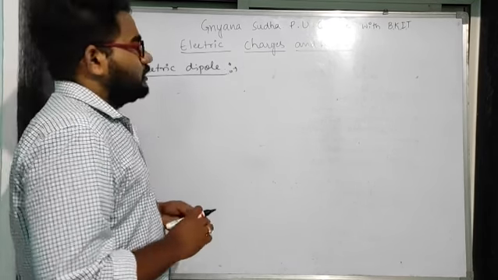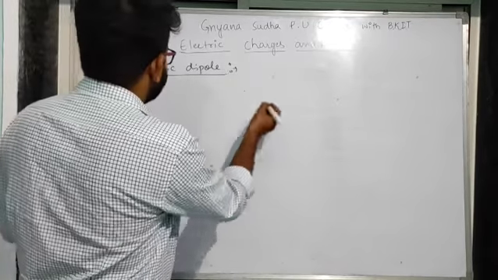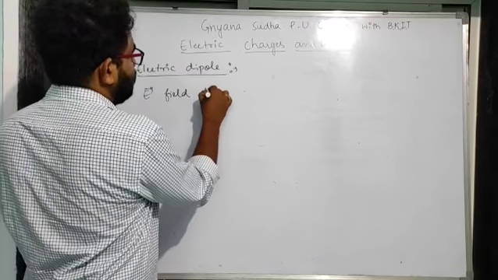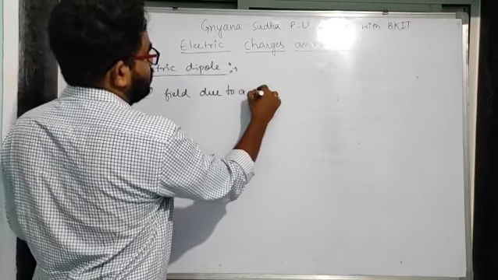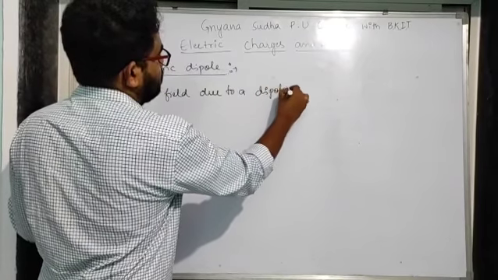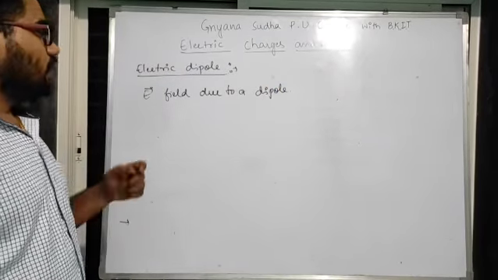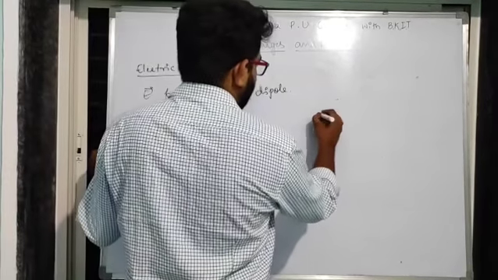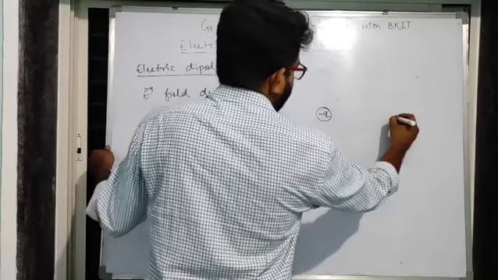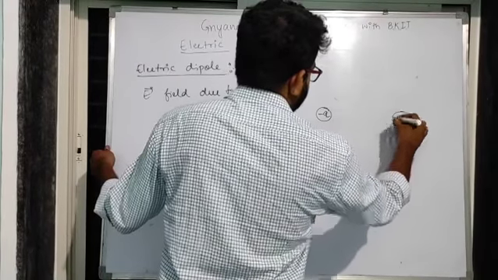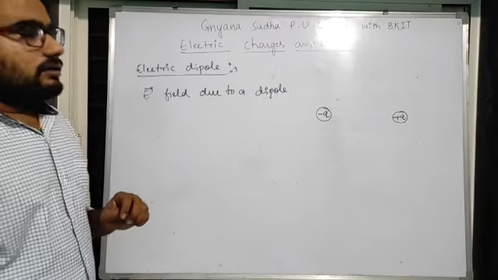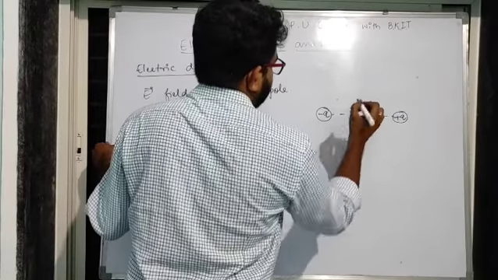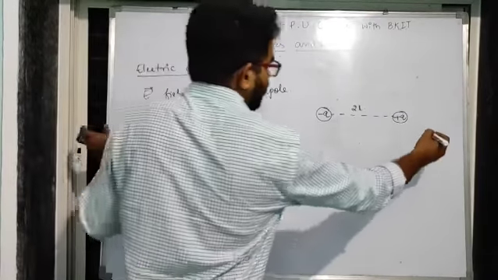Okay, next topic is electric field due to a dipole. Electric field due to a dipole. If I place a negative charge and a positive charge, okay, this is a small distance 2L, and let us take a point on the